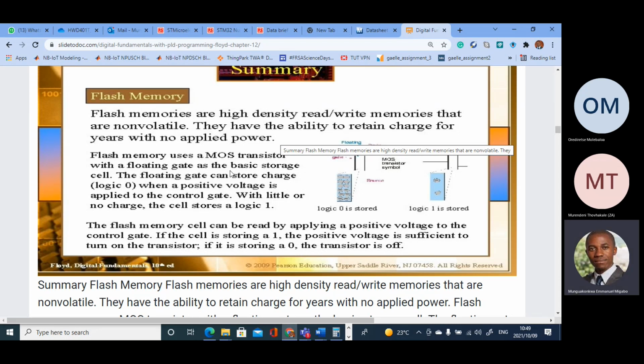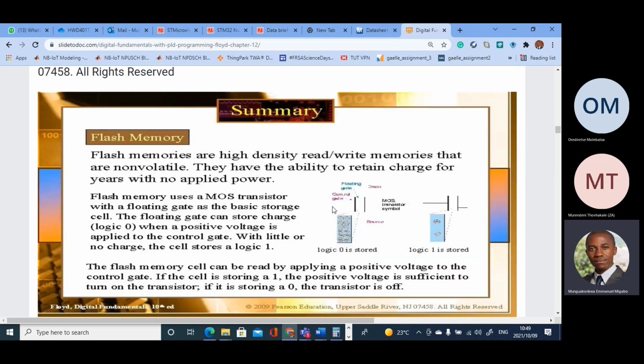The floating gate can store charge, logic 0, when a positive voltage is applied to its control gate. So if we apply on the control gate, remember a MOSFET